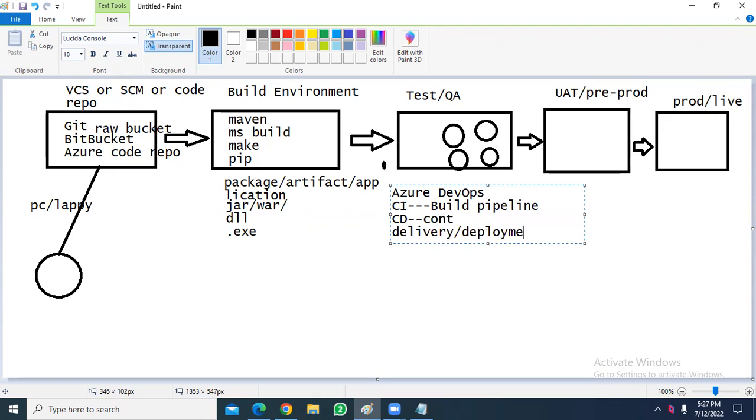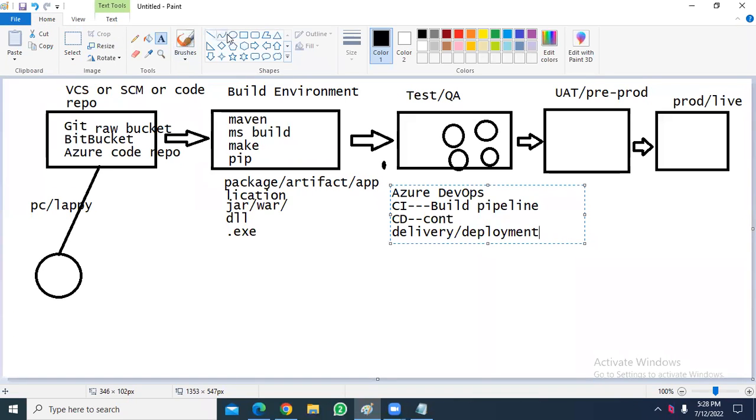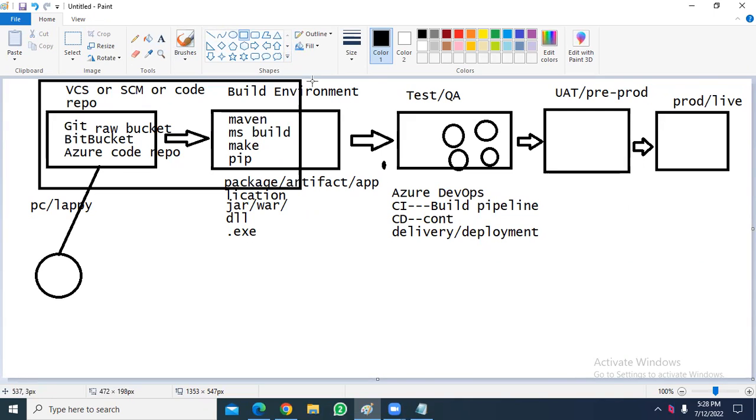Here, what is the difference between continuous delivery and continuous deployment? Now see, when we speak about continuous integration, whenever the code is submitted to version control system, automatically the code is taken from there and promoted to the build environment. Automatically an artifact is created.